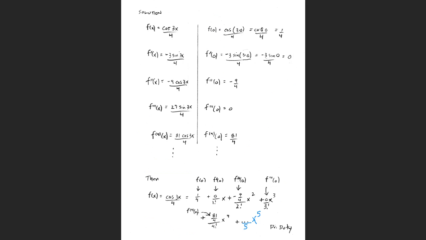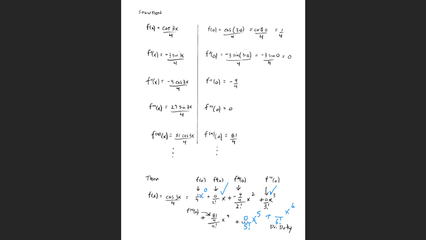Right, that's right, Jasmine, it's 0. It appears that the odd terms, the terms that have the odd powers, x, x cubed, x to the 5th, and so forth, have a 0 in front of them. Whereas the terms with the even powers, 1/4 is 1/4 times x to the 0, right? So x to the 0, x squared, x to the 4th, and x to the 6th, it appears those would be non-zero terms. So under x to the 6th, we're going to have a 6